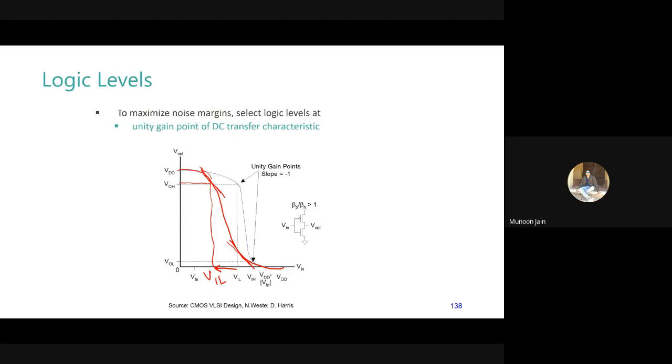Sir, one more basic doubt: this beta P and beta N can be written as KP and KN, that is mu and COX W by L. Yes, you can do that, but it's actually almost that, with W also involved in there. So beta P is Kp into Wp and beta N is Kn into Wn. Kn is a mix of mobility and other stress effects, and width talks about the current strength, and therefore the strength of the device. Okay, sir.